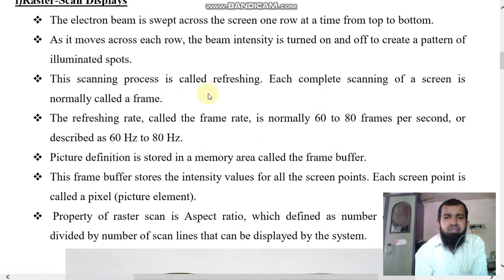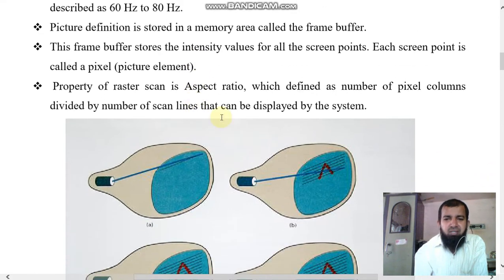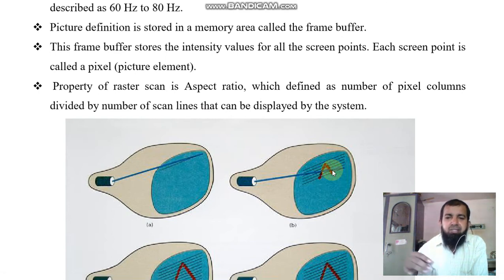The scanning process is called refreshing. Each complete scanning of a screen is normally called a frame. Refreshing is very important to display continuously. To present that particular picture continuously, you need to refresh it.